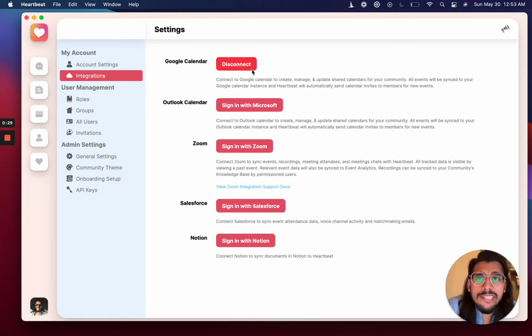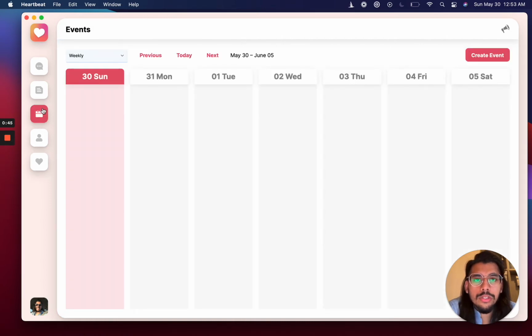I've already connected to my G Suite account at Google. So this already has my Google connection, but all you have to do is click this button. It'll open up the login with Google. You'll click give Heartbeat access, and then we should be able to connect in. Once you've done that, if you hit this calendar page right over here, you'll be able to actually